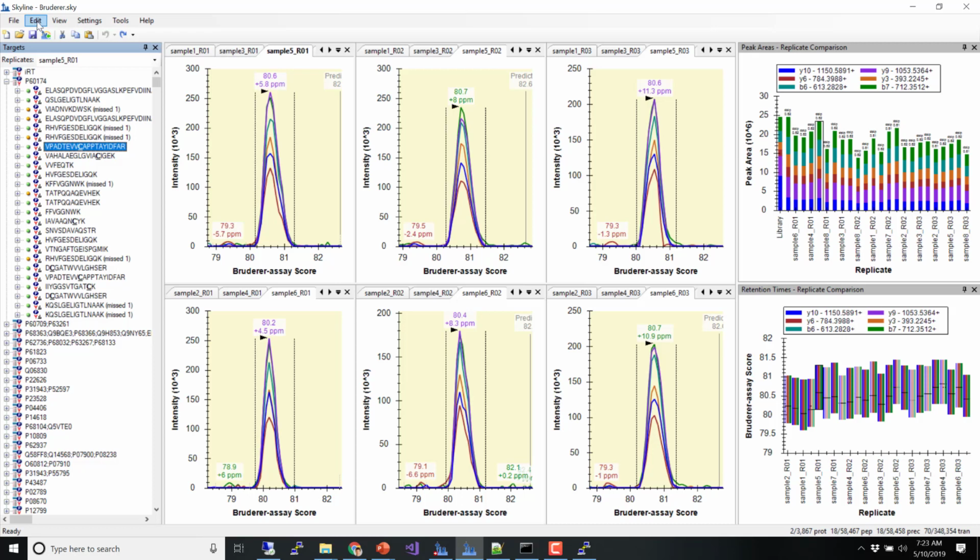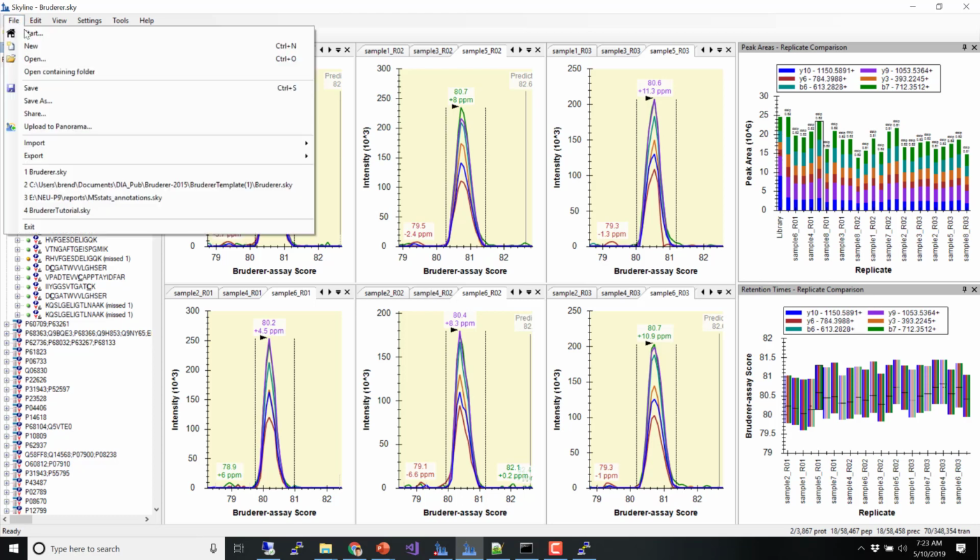Okay, so now what we want to do is build a more sophisticated model. We're going to use an mProphet model and repick everything. That's going to give us the best results in terms of making sure all our peaks are well picked. And more importantly, even if it doesn't change any peaks, it will give us Q values and the ability to make a false discovery rate cutoff, which is important to our statistics. So let's go and